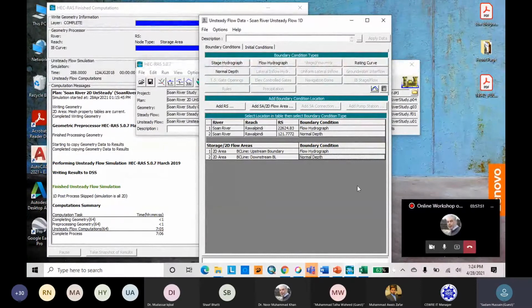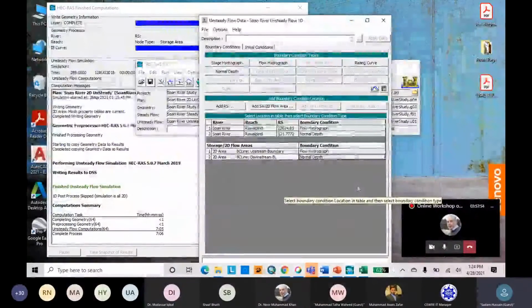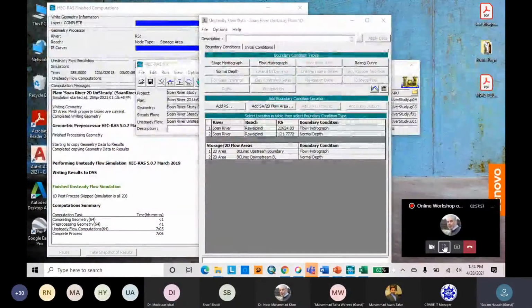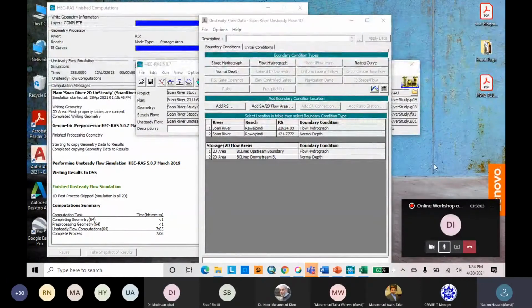Is there any limitation or advantage or disadvantage among all these options? Advantages and disadvantages, I think I have discussed that.